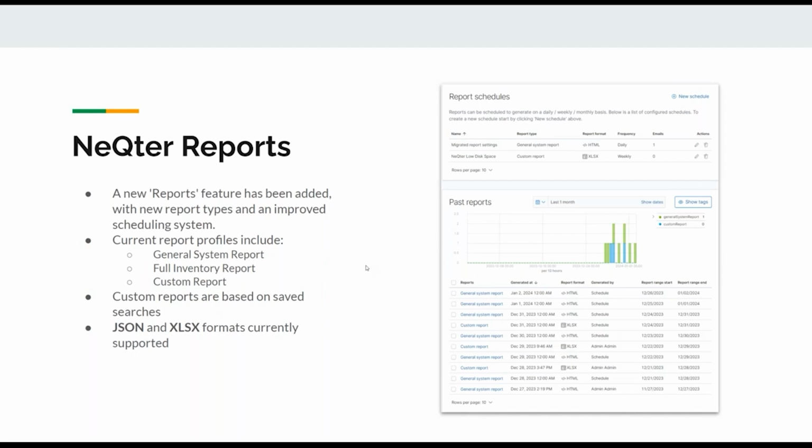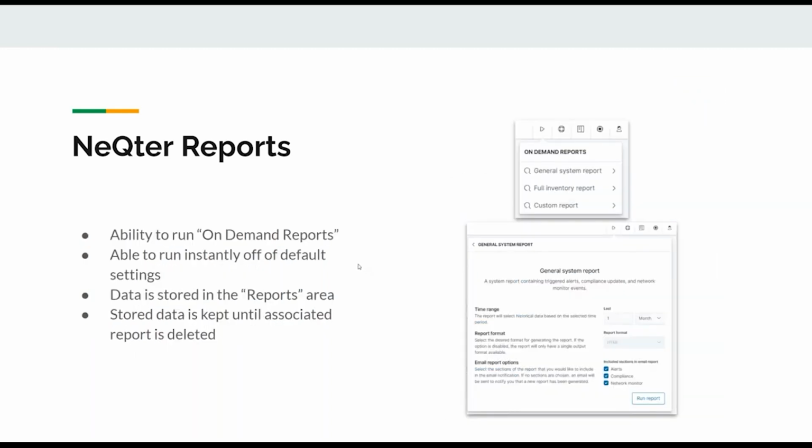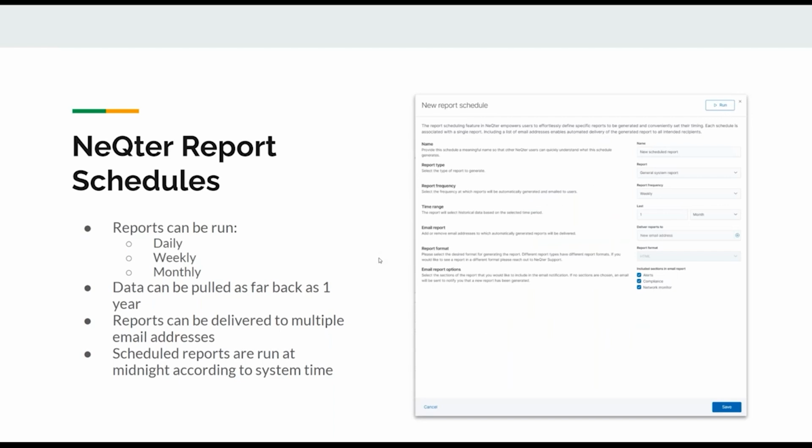So going back to this, there are of course scheduled reports that you can set up, and also on-demand reports that can be set up and configured to run instantaneously. And we're going to be enhancing that with the new update as well. Just mentioned report schedules, daily, weekly, monthly, we can have for different reports. And then again, you can change the time range of what is included in the report. And you can have, of course, the reports delivered to multiple emails.